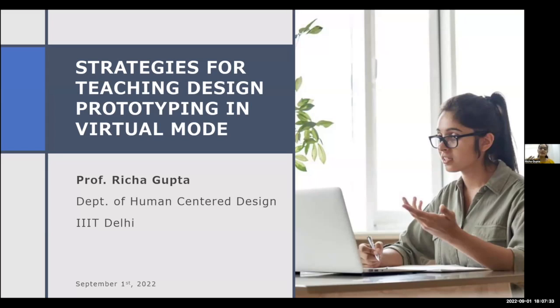And suddenly I had to come up with strategies to improvise, to facilitate effective learning, despite the fact that all the students were stuck at their homes, and make sure they still get the concepts, the understanding, and the hands-on experience as much as possible, despite the course running in a virtual mode. And so I'll start off with